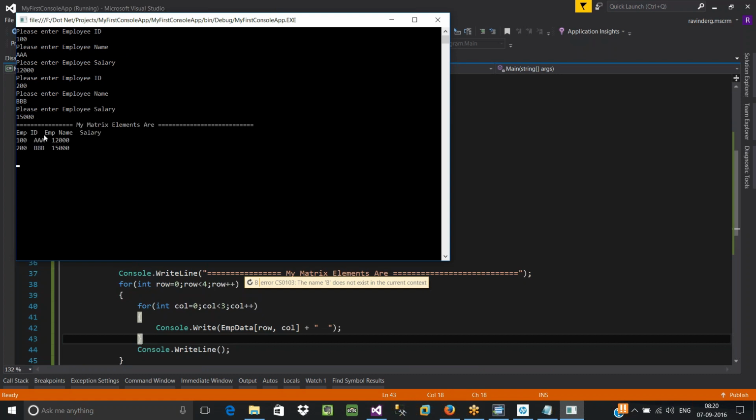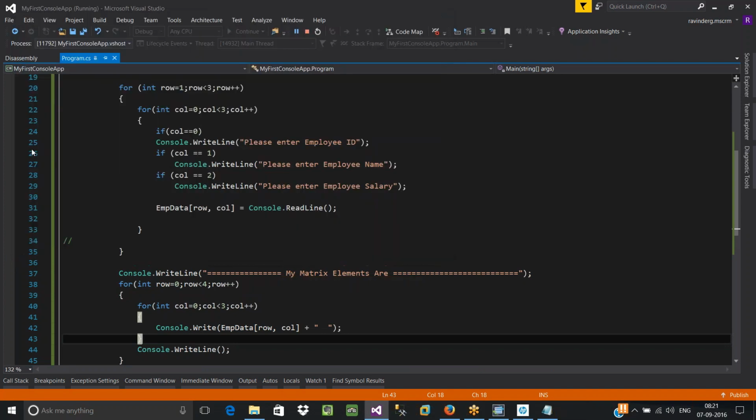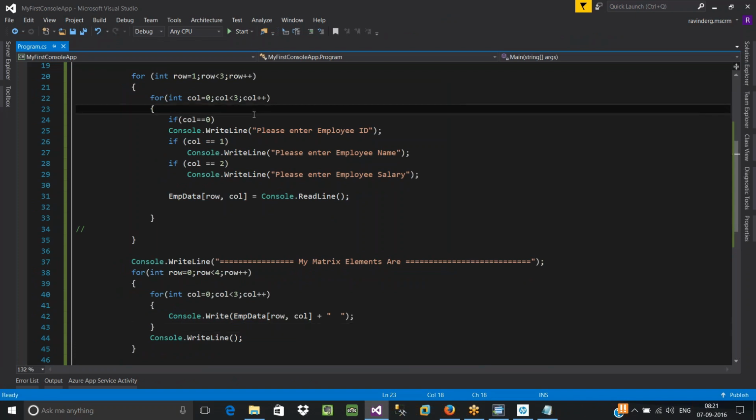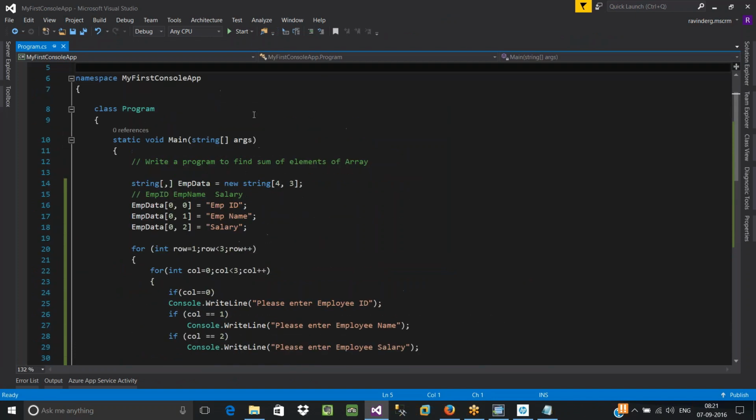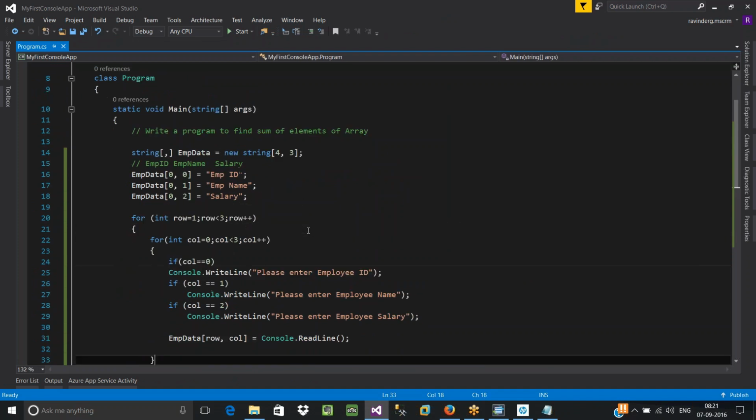See, employee ID, employee name, salary. First row, first record, first employee details, 100, AA, 12,000. Right? So there is no problem with string. Just once cross check your program with this program. Okay. Now see here.